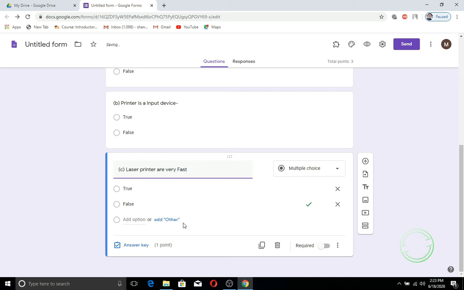Laser printers are very fast. So I'm giving this option.